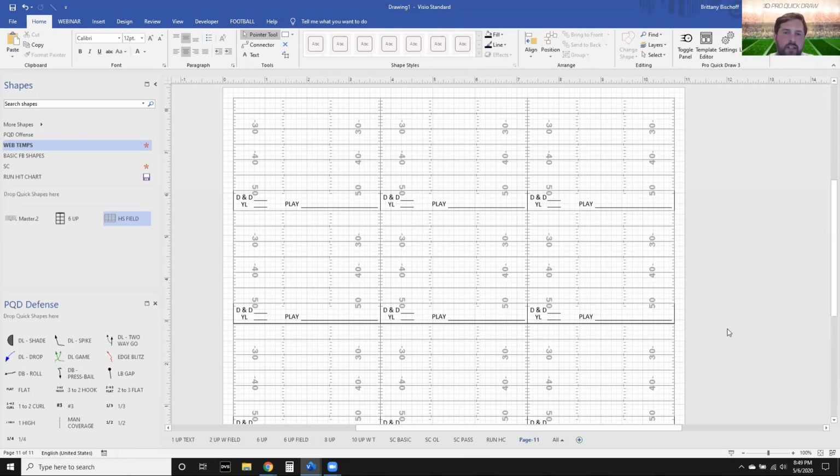So you're not only using this sheet on Sundays for evaluation, but now you put it in your playbook. You can put it in your game book for Sundays and Saturdays. Doesn't make a difference. But just utilizing what you're doing across the platform for all of those, and just thinking about how you can make your life simpler by creating those documents instead of hand drawing them every day. But I hope you got some good nuggets in terms of that right there. Just your run, pass, hit charts. We went through probably 10, 15 different documents. I hope you got some really good ideas there. One of the things